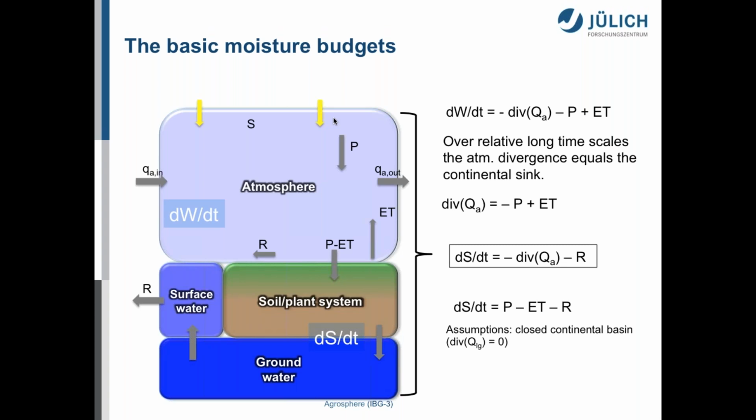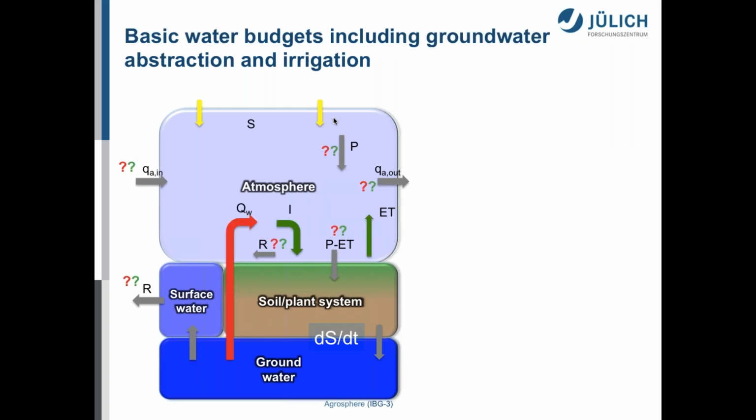Okay, what we have here now is kind of the pristine system, right? There's no groundwater well in here, and there's no irrigation. So that's what we're going to do in the next step. We want to include, for example, groundwater abstraction and direct irrigation here. And I would say that we all agree that if we do this, we increase ET. Okay, maybe we can agree on this. But what happens to the other fluxes? These are just big question marks.